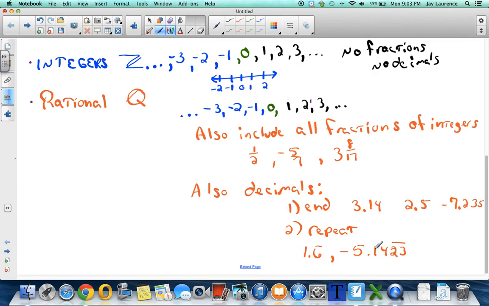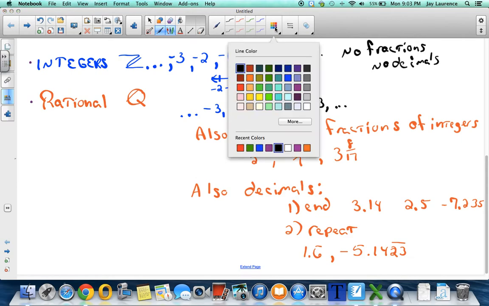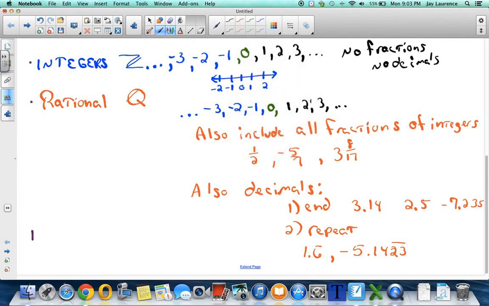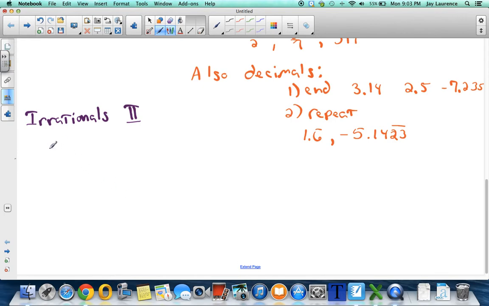Okay, so they include all the previous numbers, the integers and fractions that are written with integers, decimals that end or repeat. Now, there's a group that's a little bit separate, and they're called the irrationals. The irrationals are special numbers. They have a symbol I. This is why we don't use I for integers. And the irrationals